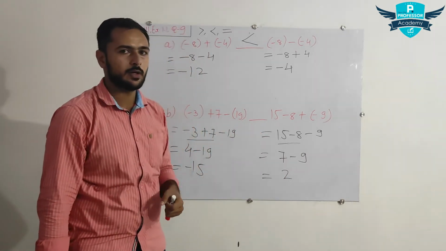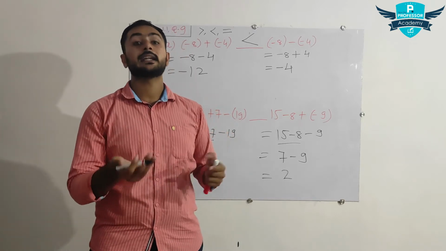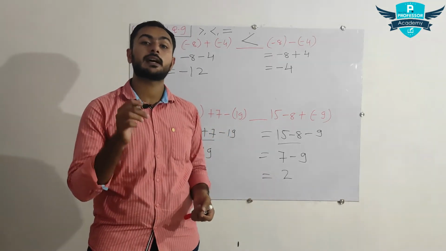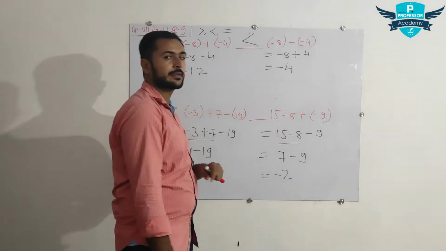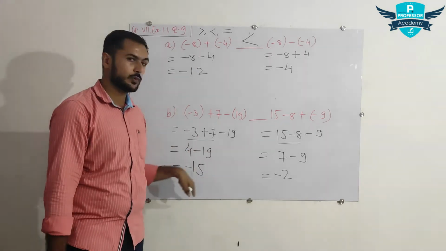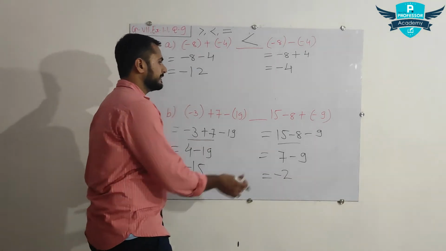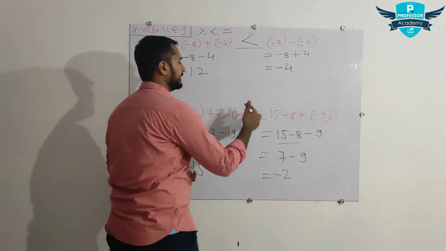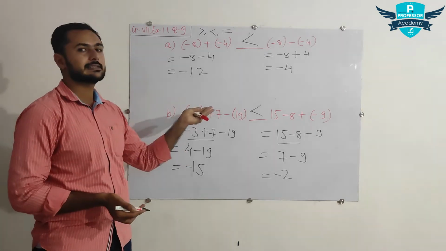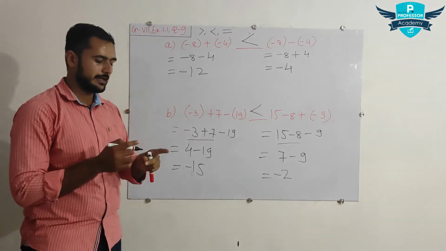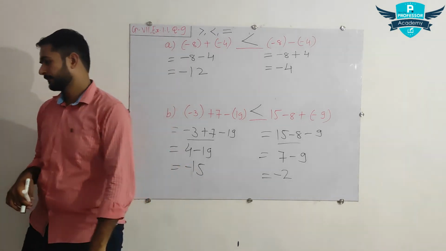But positive or negative? Just check the sign of the bigger number. Which is the bigger number? 9. And 9 has the negative sign over there. It means our answer is also negative. So minus 2. Now just compare both. Which is the bigger number? Minus 2 is the bigger number, of course. So this side is bigger than this. So again the same sign. It says that left hand side is smaller than right hand side. Okay. Pause the video and note this down.